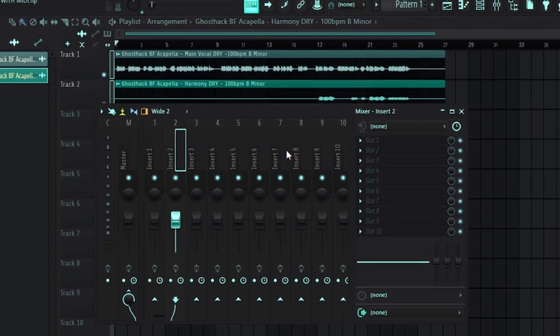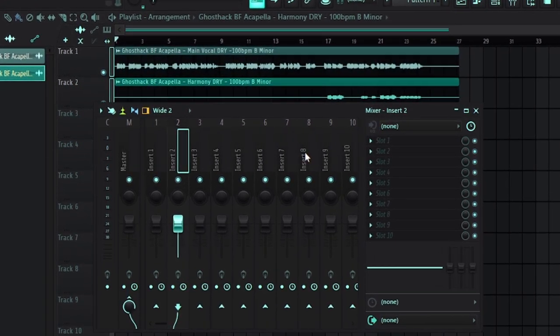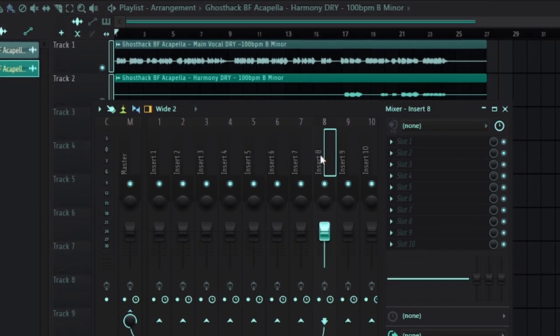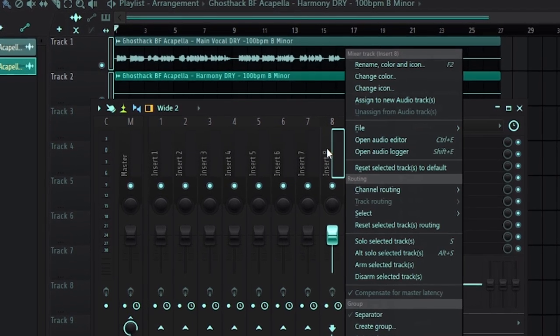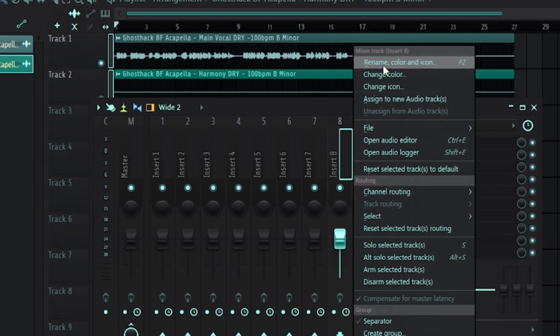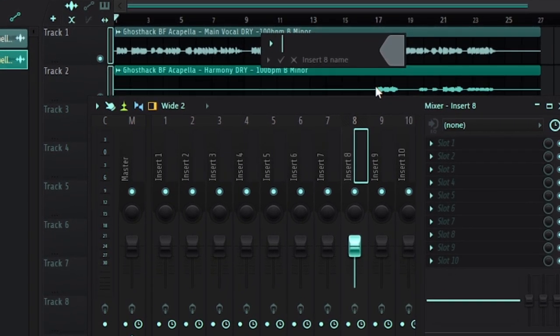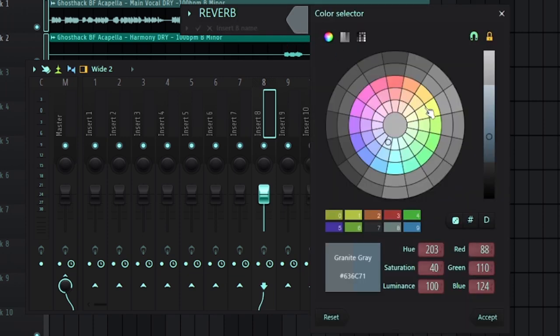Anytime you want to create add channel, all you need to do is to select any of the insert channel. Next is to right click, then we're gonna rename it and give it a color. So I'm gonna call this reverb. Change the color. Then we're gonna hit accept